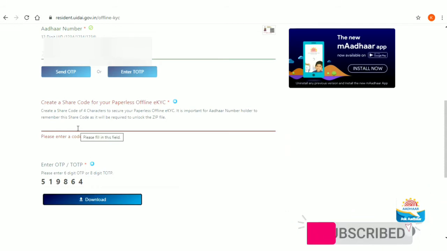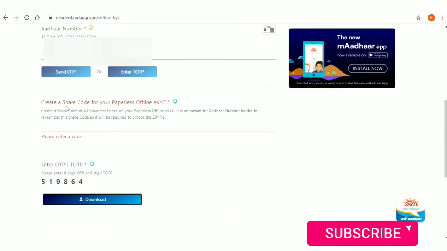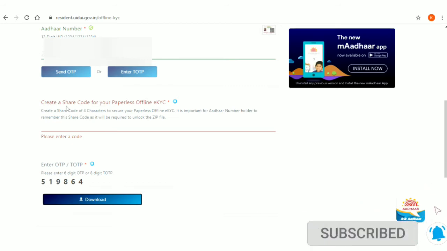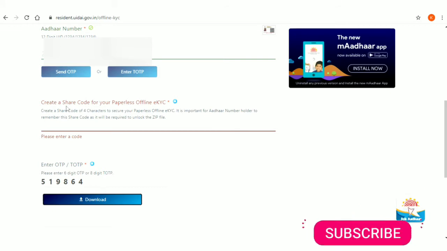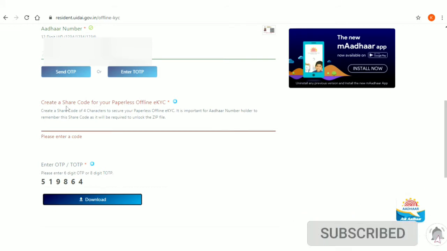If you click download, it asks you to create the share code for your paperless offline eKYC. The reason it is required is that the secure code you enter here will be linked to your Aadhaar number and updated at the Uday center. That is why it is asking to enter the share code here.